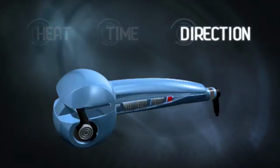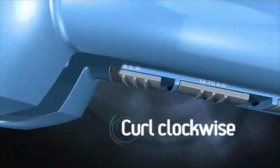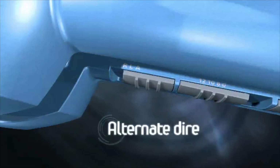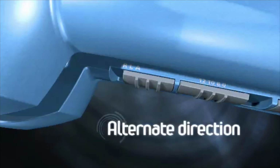You can even choose the direction of the curl. Right starts the curl clockwise. Left goes counterclockwise. And setting A alternates the direction of each successive curl for a more natural-looking head of curly